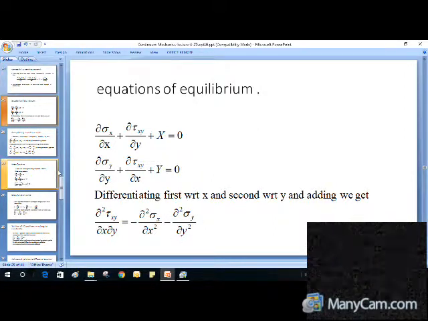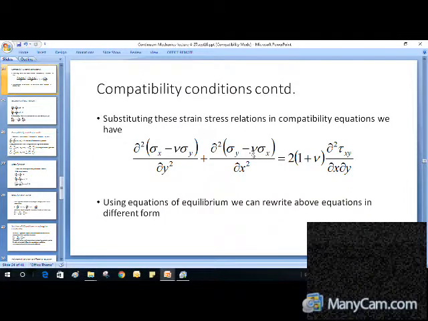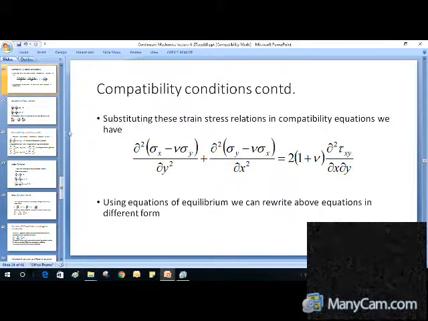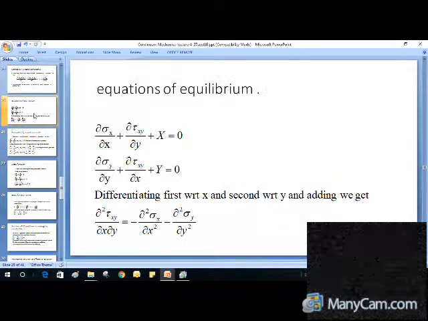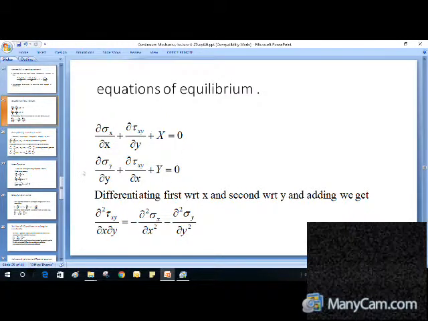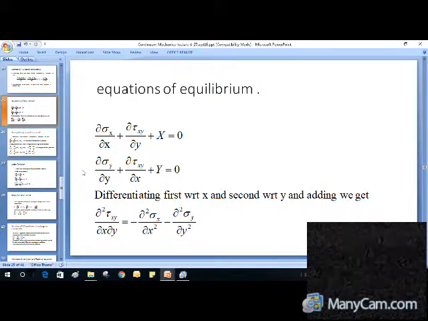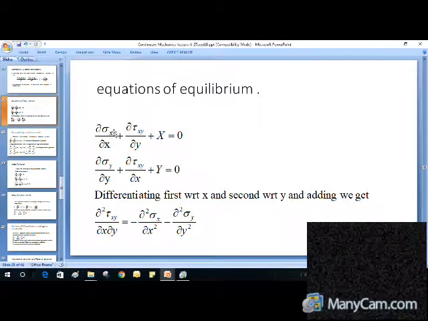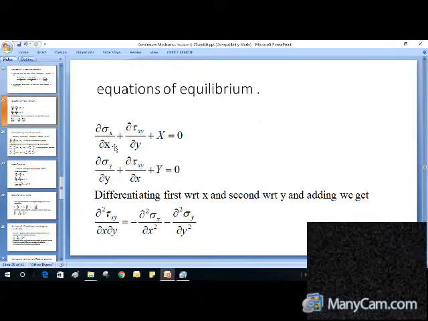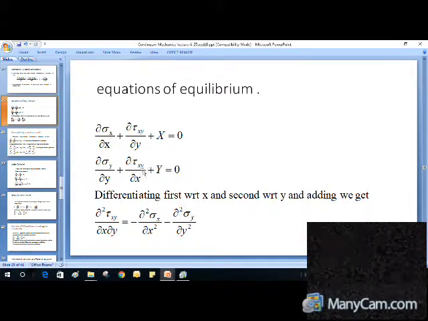Okay, now I am trying to give a different form to this. Earlier I have got that equation, the compatibility condition, in this fashion. I am trying to get the same one from a slightly different angle. I will say that I have got these two equilibrium equations. Now if I differentiate the first equation with reference to x, the second one with reference to y,